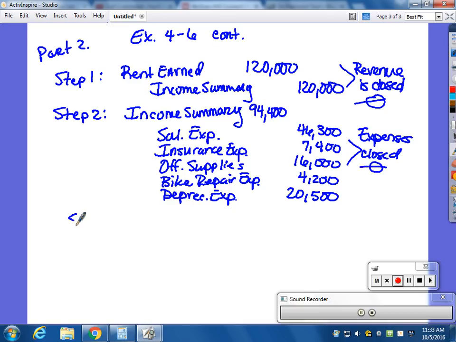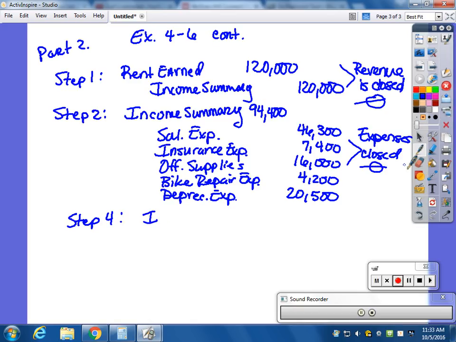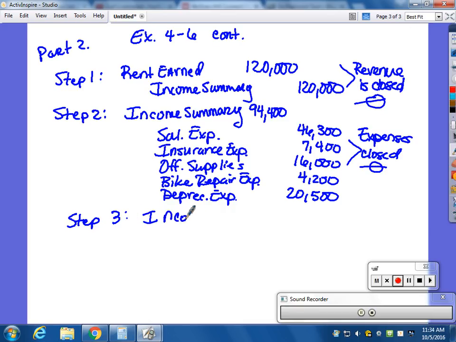Close income summary to capital. So what's the debit? Income summary, and credit capital. What's the amount? 25,600. And just for those who are confused about where we got that from,